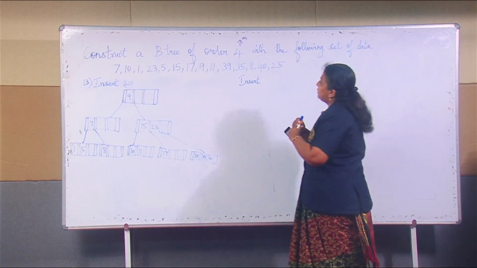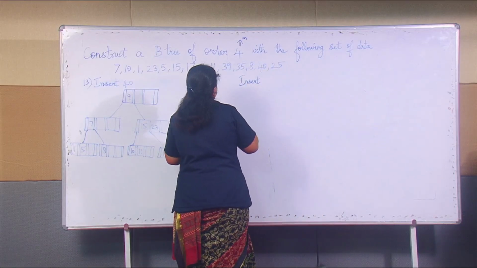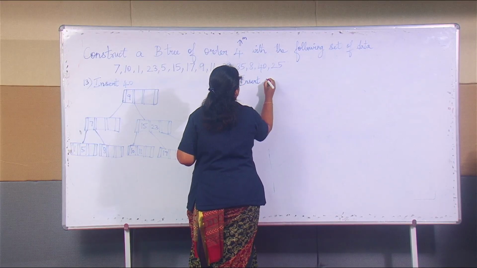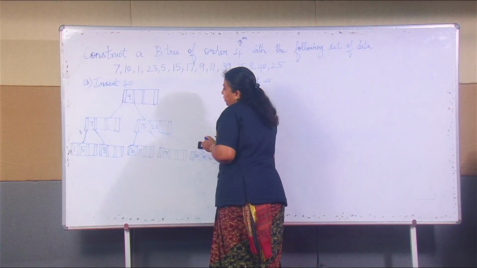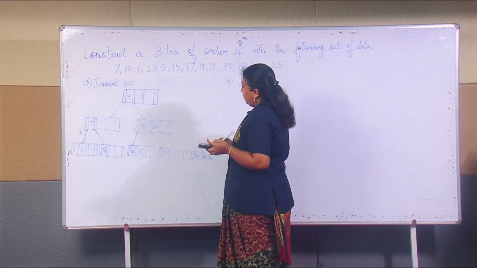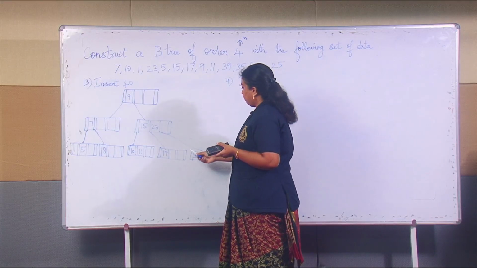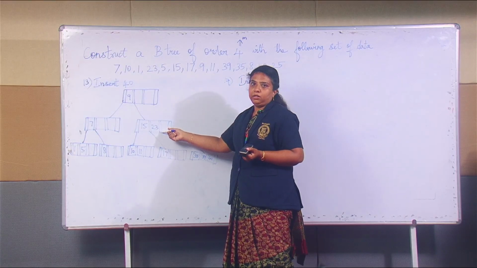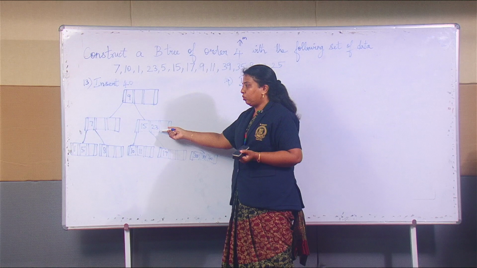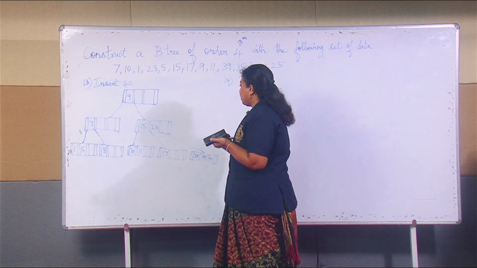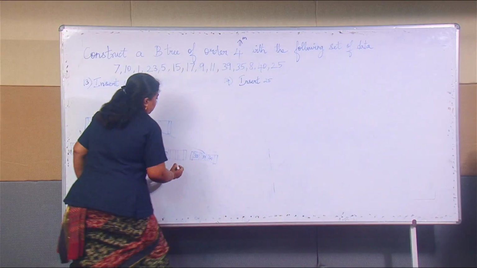So the 14th step, insert 25. So where should 25 be inserted? 25 should be inserted after 23 and before 35. But I cannot place 25 here because that's an internal node. Always the insertion has to be done only on the leaf node. Okay. So here if you see 25,